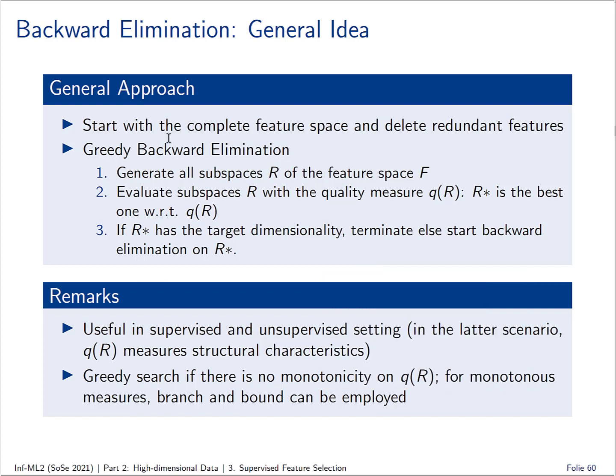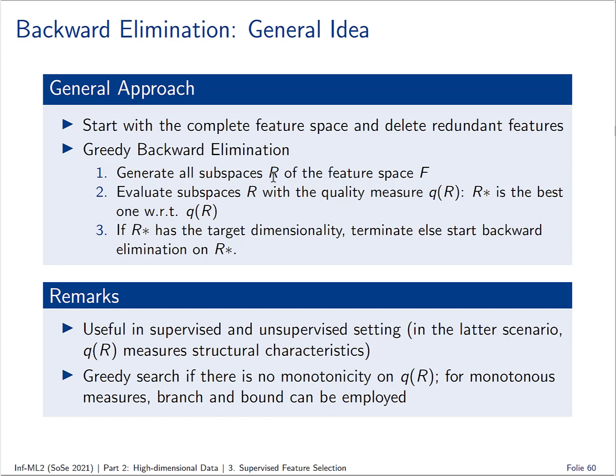So the general approach once again in the backward elimination schema is we start with a complete feature space and delete redundant or irrelevant features. And we typically do that in a best first greedy way. So we generate all subspaces of the original feature space in the first step. All subspaces, that is a little bit fuzzy, that can be anything. But actually, if we start off with a d-dimensional feature space F, we generate all d-1 projections,